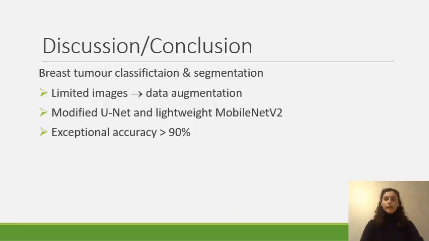In brief, our aim was to create segmentation maps and classify breast tumor images with deep neural networks. As we had a limited number of images, we used data augmentation techniques. Then we created a computationally efficient network using principles of UNet and transfer learning with MobileNet V2. In results, we saw an exceptional accuracy above 90%, which is comparable to